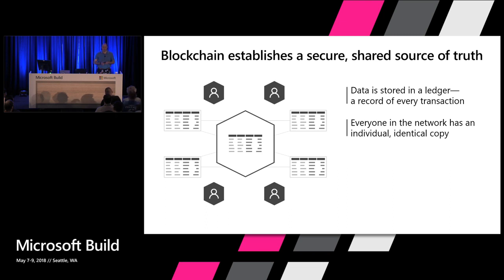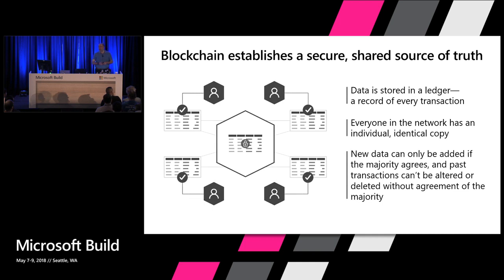And there are a set of cryptographic schemes and distributed systems protocols that enable communication among these independent ledgers and ensure that they all stay in sync and that the updates that they make are all consistent across them and that the data that's put into those ledgers remains immutable and that all of the changes that are pushed to the ledger are trustworthy in the sense that they come from an authorized party who's authenticated in some way. And so that is the basics of what blockchain is about.